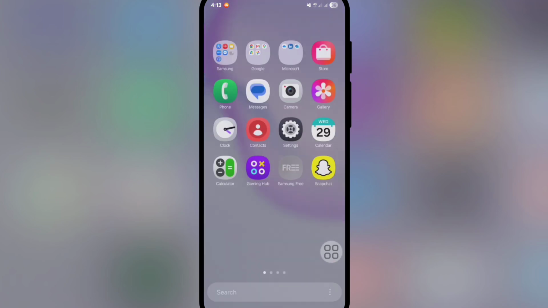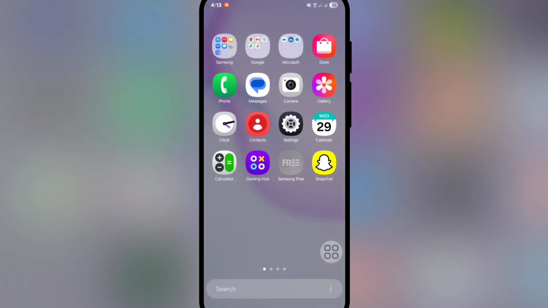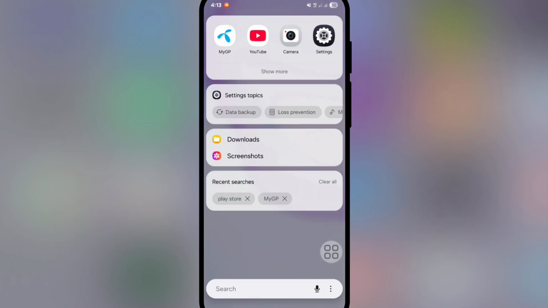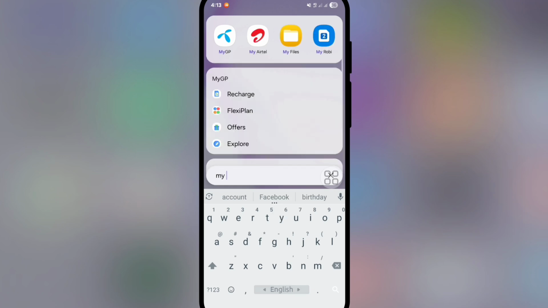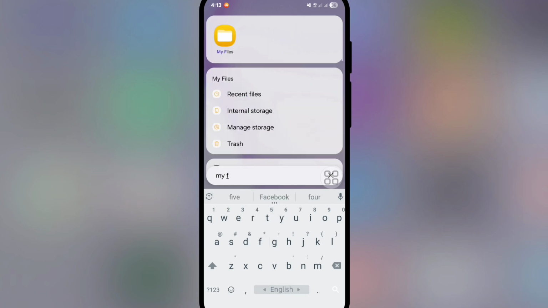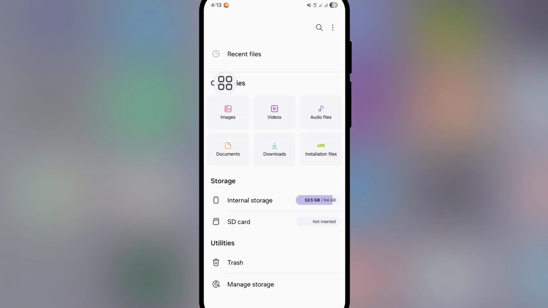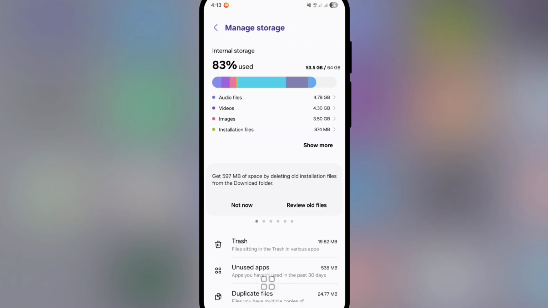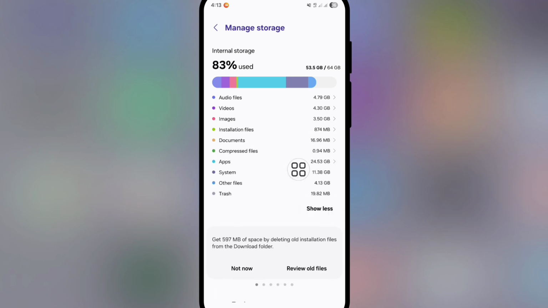and then find my files, click on search bar and search for my files. Now open my files, then click on manage storage, then click on show more option. Now click on apps option,